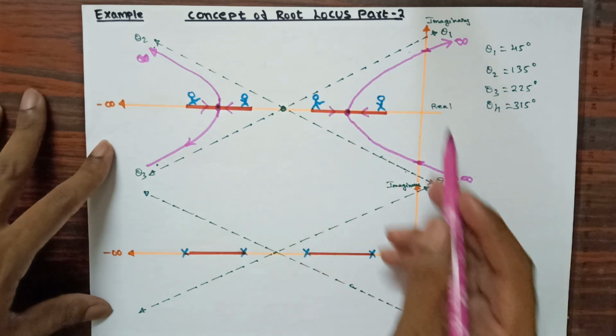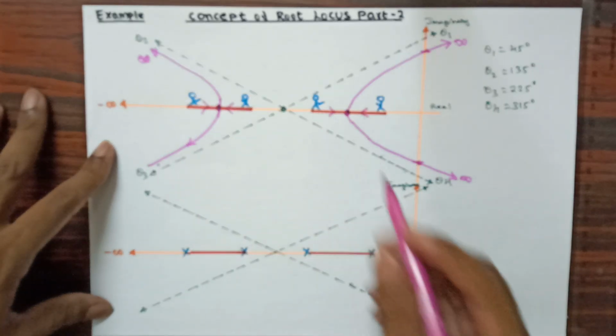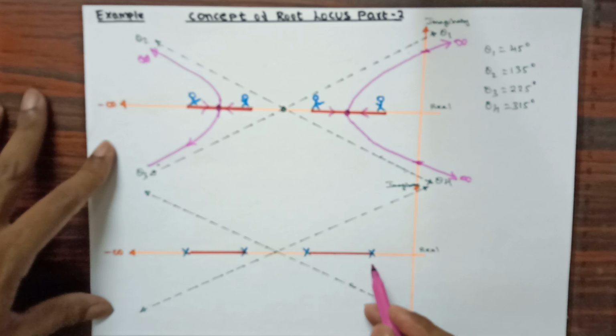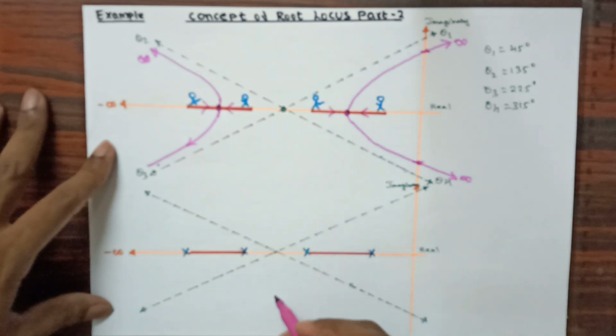Now I am going to consider this general example with the root locus method. These persons are going to be replaced with poles. You can see here 2 poles I have considered, and here also 2 poles. As you can see, I have not given any zero in the above general example. Even here also I am not going to consider any zero. The zero is the end point and the pole is the starting point.